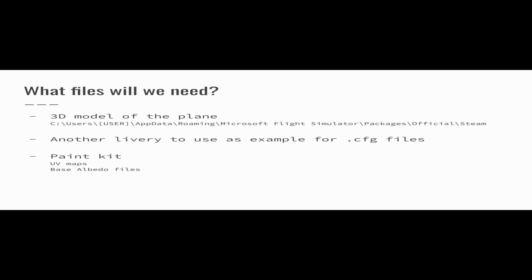And then a paint kit. Paint kits are basically where people put together some basic UV maps, some basic files, like blank files for each plane. And you can go on flightsim.to and search for TBM 930 paint kit. It will show you what the plane looks like if it was all white. Where is there metal? It will give you a base layer of volume to your texture,